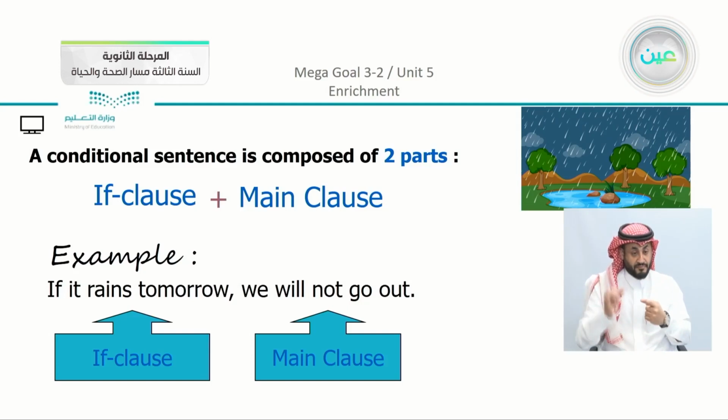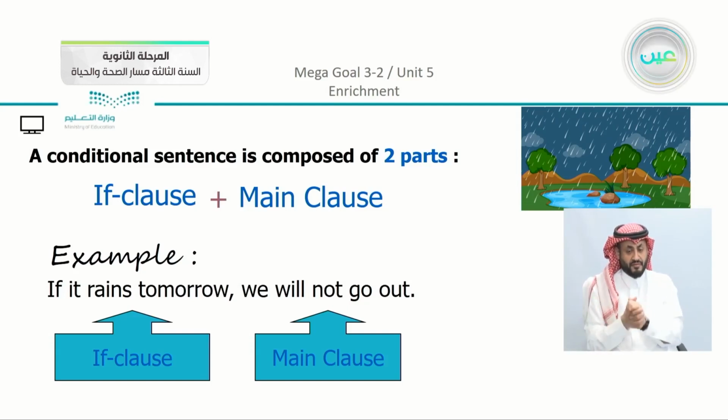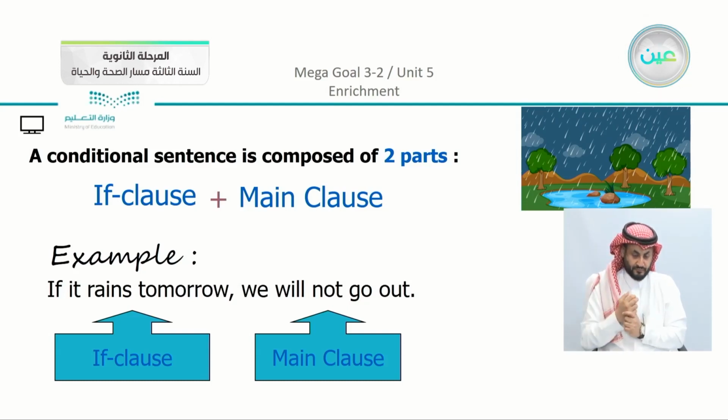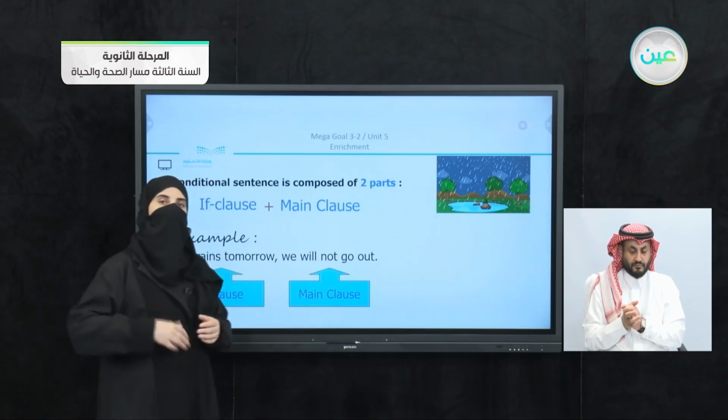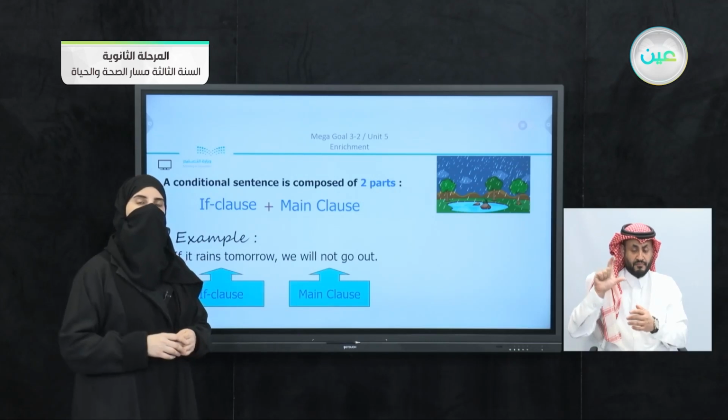We can see that the if clause is: if it rains tomorrow. Just think about it, when we say if it rains tomorrow, does it give you a complete meaning? On the other hand, if I just tell you we will not go out, this gives you a complete meaning, which means that this is the independent clause and the other is the dependent clause. Altogether, they give a complete sentence. We have if it rains, using the present simple with if, and in the other part of the sentence, we will not go out. You can see that we have will, and after will there is the base form of the verb, the affirmative.